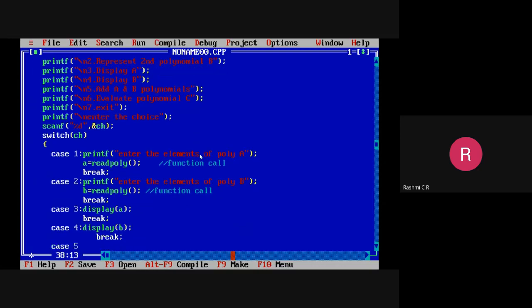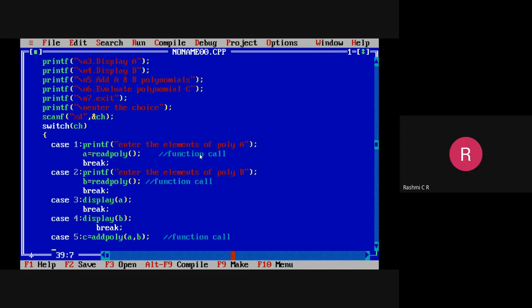Then case 5 is to add two polynomials. So while adding the two polynomials, the resultant should be stored in C. Hence, I'll just write it as C is equal to add polynomial A and B is the input parameter. Okay. So this is the function call. We have to write the definition.